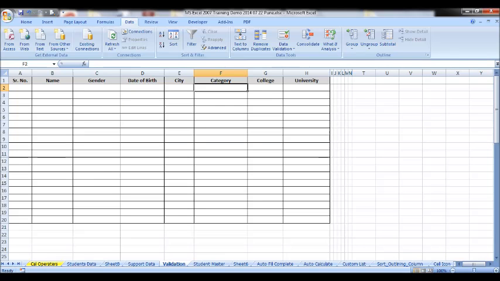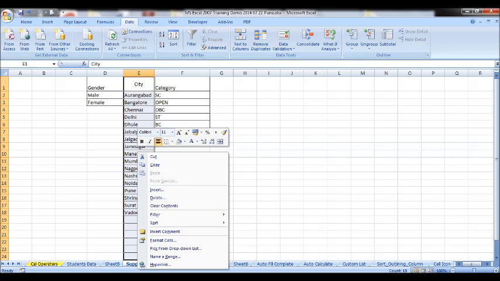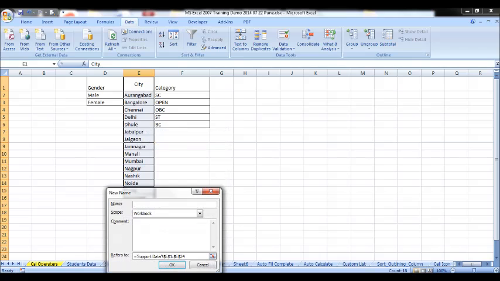How to set it? For that, primarily you have to name the list. Suppose this is a list of city. So right click, name a range and give name as city. Click on OK.